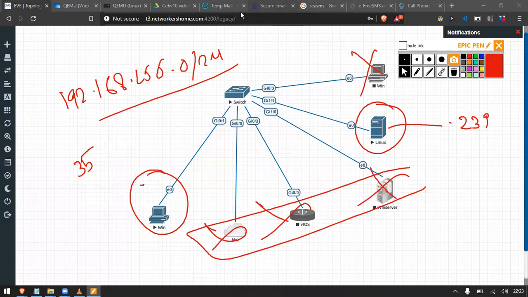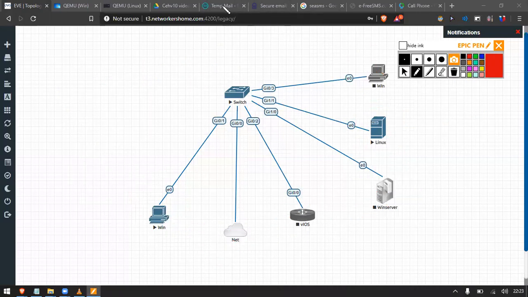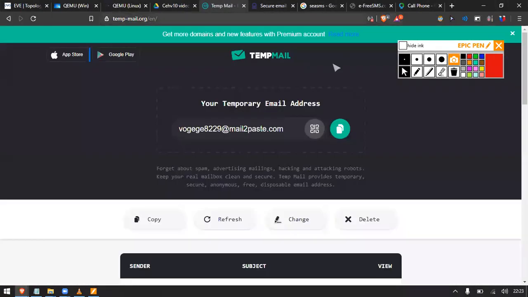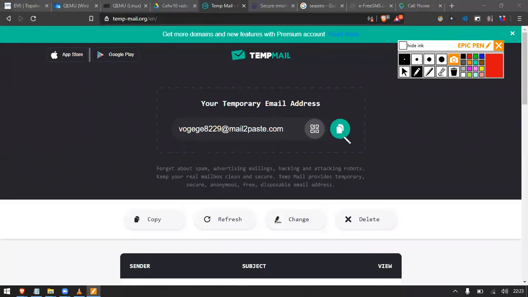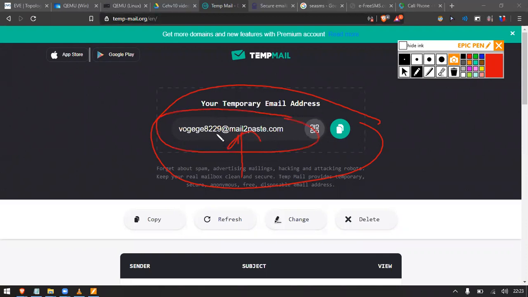So the first lab is to be anonymous. To be anonymous, there are many things. First we will see email. For email, we have services like tempmail.org, which gives you a temporary email to receive and send. Most hackers use this to target your client or target whatever they want to. So an attacker basically uses these kinds of emails and receives the email. This is the website temp-mail.org.